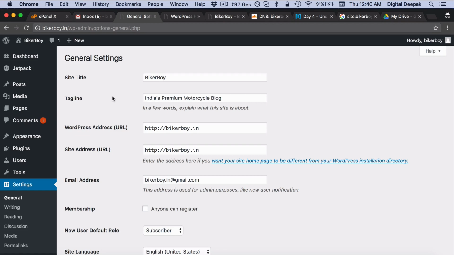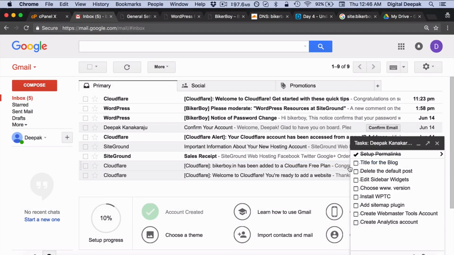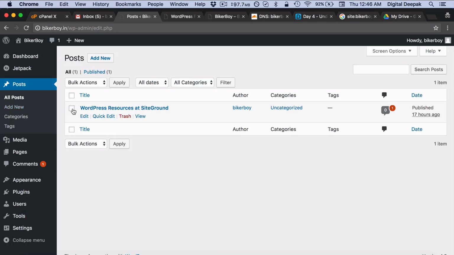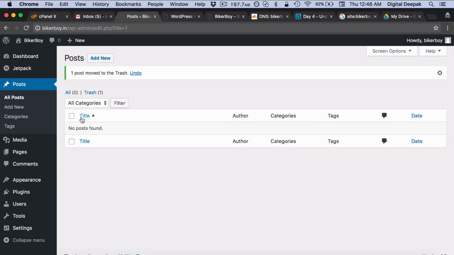So this is also helpful for SEO, but don't worry because the SEO plugins which we are going to install in the upcoming days will have a much more elaborate SEO structure to it, where you can customize SEO titles for each and every page. Now this is done, title for the blog. I would go ahead and delete the default post because we don't want that post anymore. So I would just trash it, and maybe tomorrow we will make our first blog post.